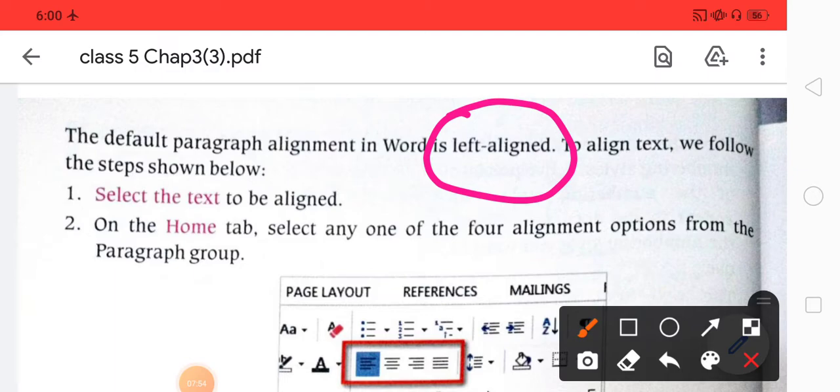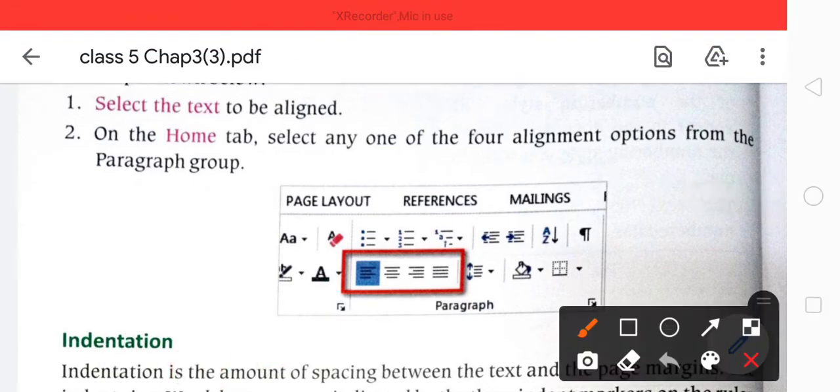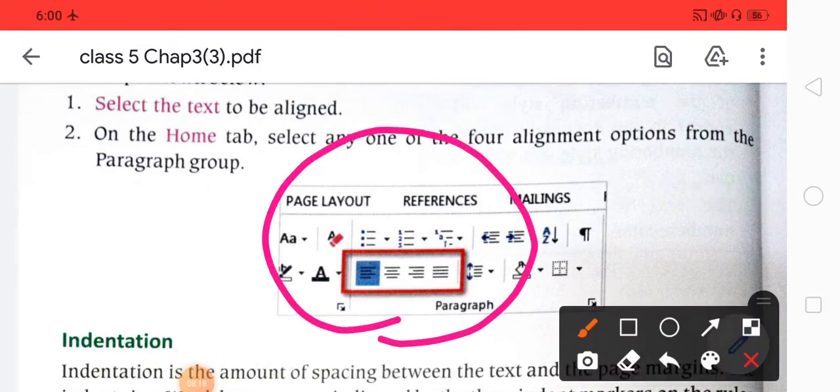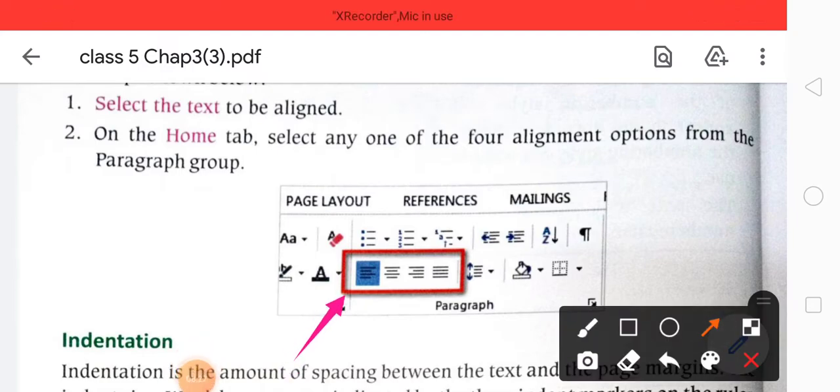So what are the steps to put a paragraph in a particular alignment? First, you have to select the text, then go to the Home tab and go to the paragraph options, and here you see the alignment buttons. This one is the first one, this one is the second, this one is the third, and this one is the fourth.